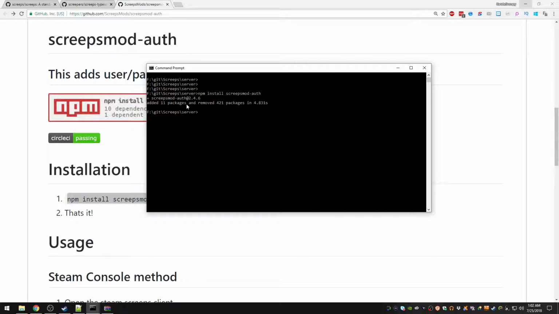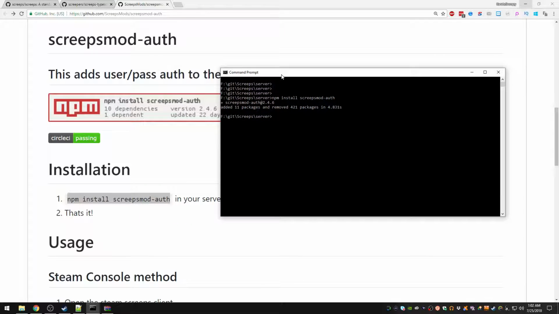Yeah, no, this is really weird. Now, if you notice, look at what it said. It said it added 11 packages and removed 421. That's really bad. I certainly don't want it to remove 421 packages. I don't really understand why it's removing 400 packages. So it pretty much deleted my server. But no worries, I can just install it again. It's just annoying. So it's almost like you need to install the Screeps mod auth package first. I really don't understand why it's removing